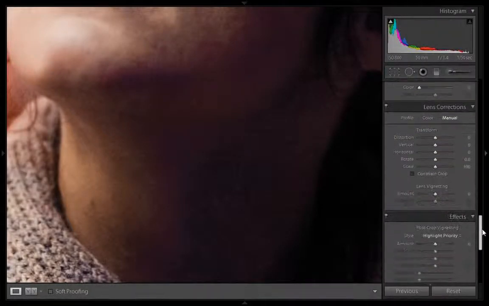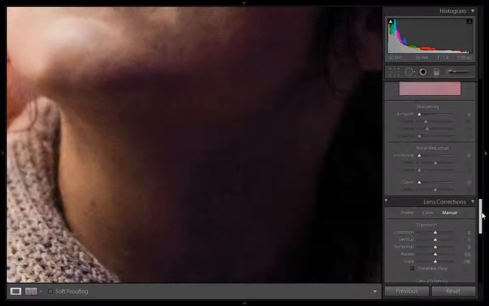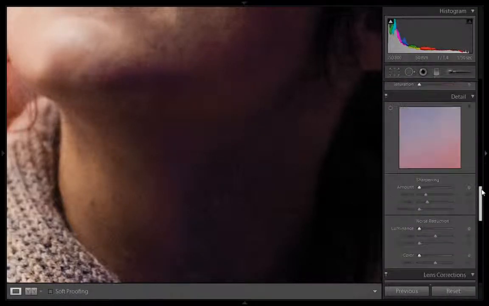Go to the detail panel. This is your detail panel, and this is the zoomed 1:1 ratio view of this part. I will set the noise reduction value to 40 and the color value to 50.